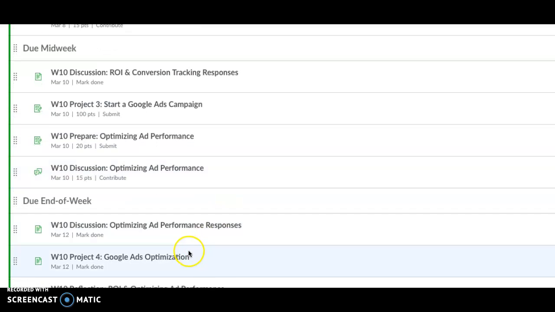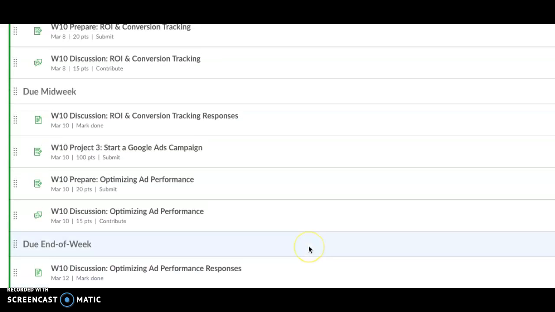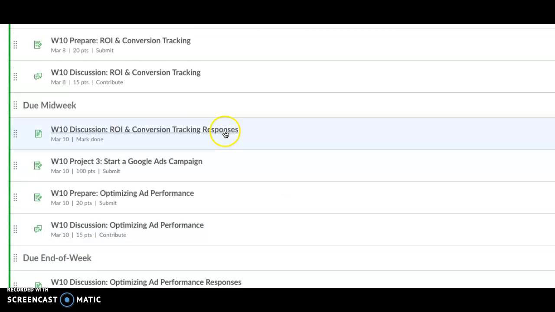You will also start project 4. So those projects are coming fast now. Projects 3 and 4 pair really well together. Project 3 is meant to be a little bit more simple and straightforward, and that will launch us into project 4, which will track your Google Ad campaign performance. So let's go into